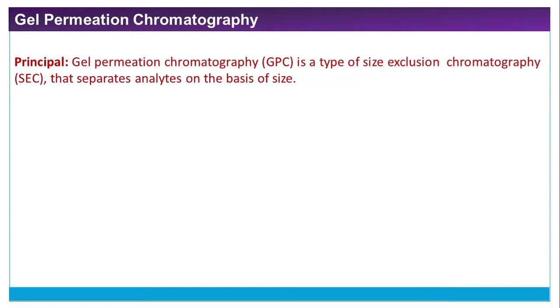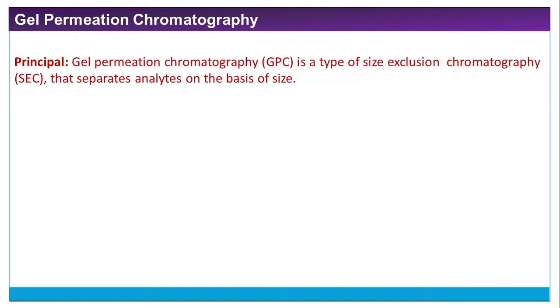So up to now we have separated organic or inorganic compounds according to their physical or chemical properties. We used chemical properties like positively or negatively charged ions in ion exchange chromatography, and we used physical properties like solubility in liquid chromatography or gas chromatography, or their adsorption and desorption property in column chromatography.